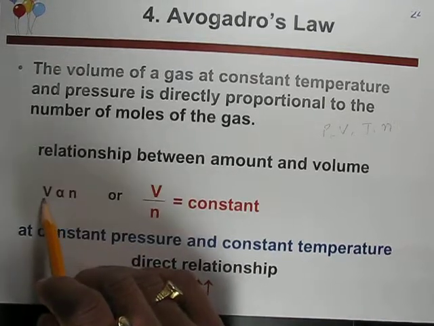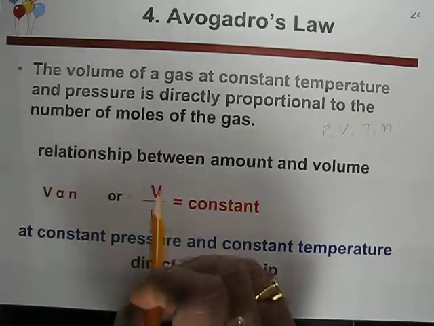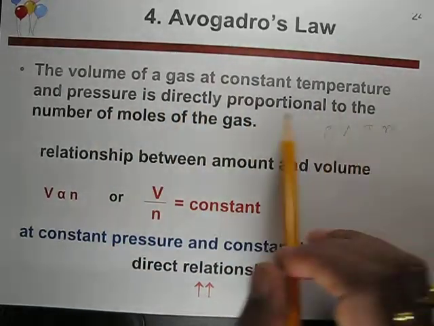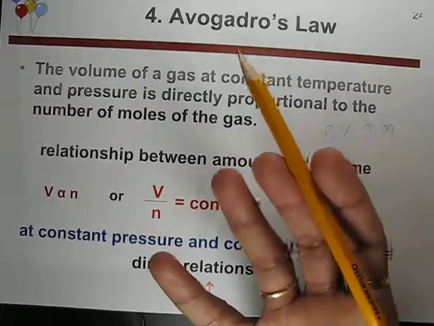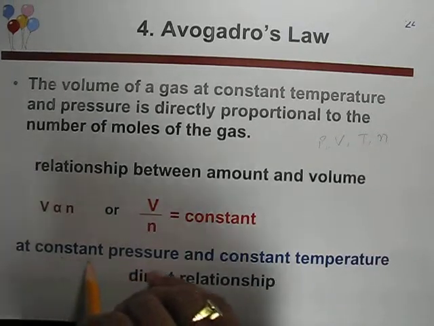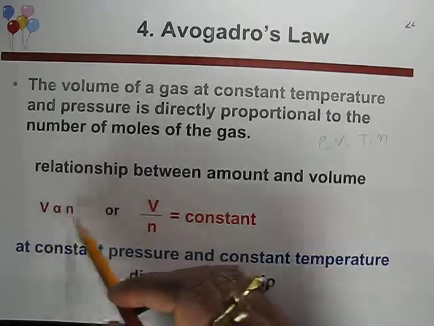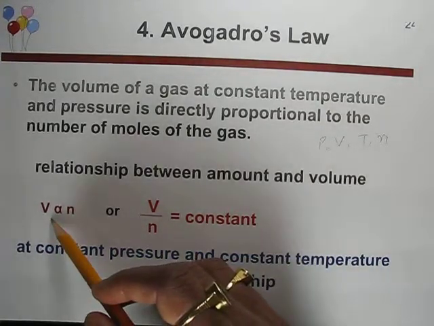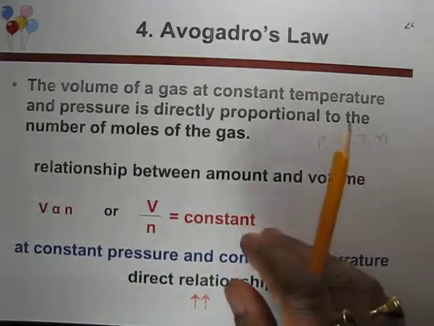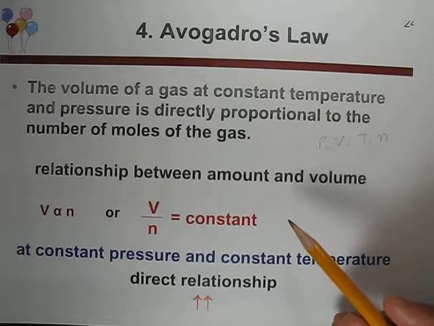So as you increase the amount of gas, the volume will also increase. The volume of a gas at constant temperature and pressure is directly proportional to the number of moles of gas. So if you have a larger amount of gas, it will occupy larger space, at constant pressure and constant temperature. So these were the laws: Boyle's law, Charles's law, third is Gay-Lussac's law,